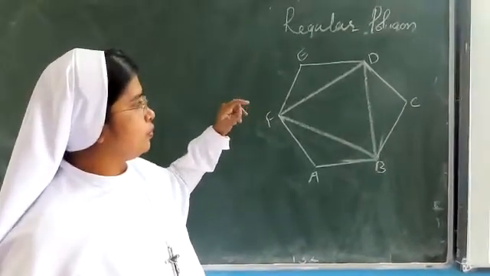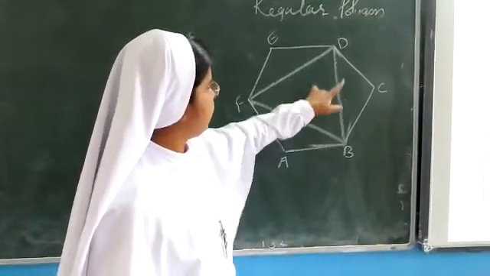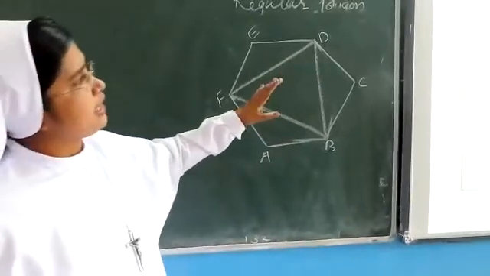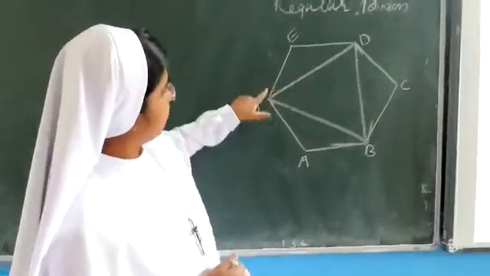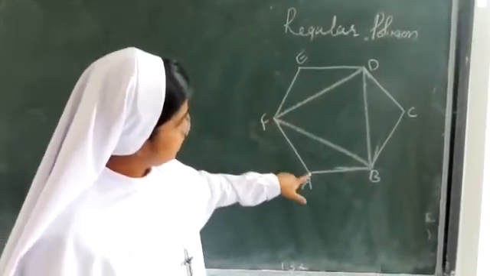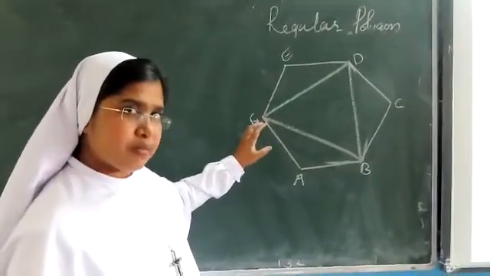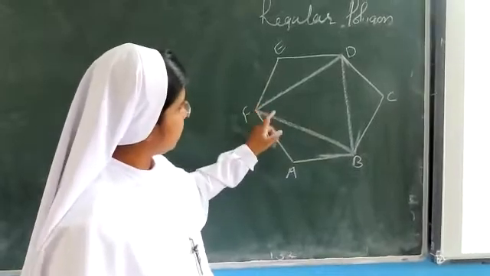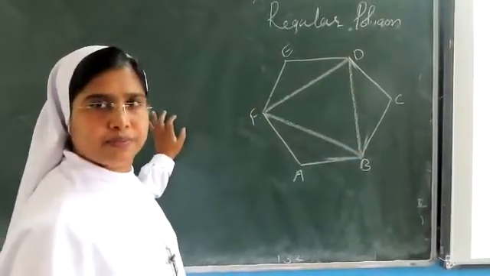We have to prove. What do we have to prove? There is a triangle drawn inside, BDF. BDF is drawn joining alternate vertices. You see, alternate vertices. This is a vertex, this is another vertex, this is another one. So alternate vertices means what? Not just the next one, but after another one. This one and this one, joined together, made a triangle.